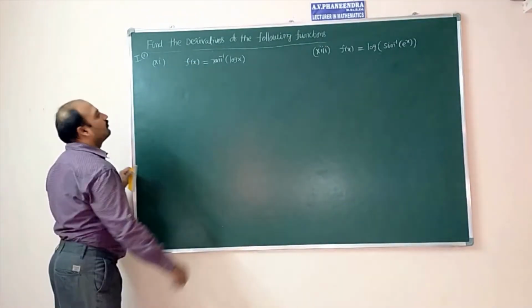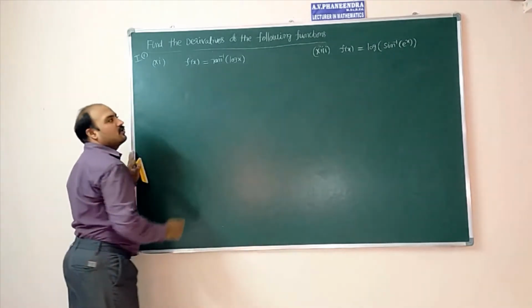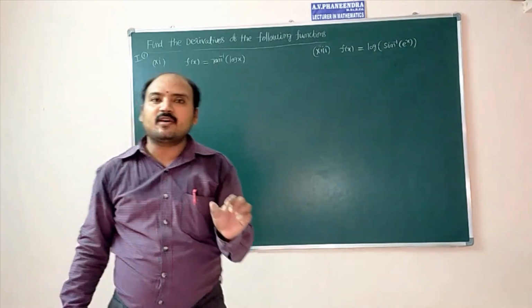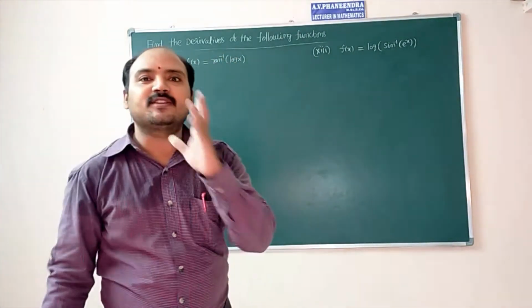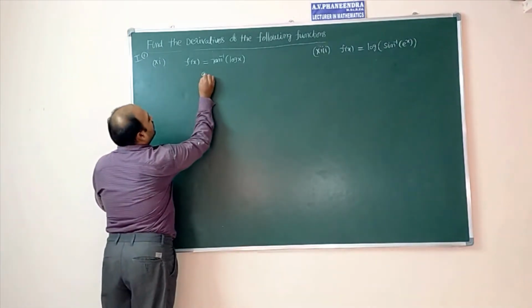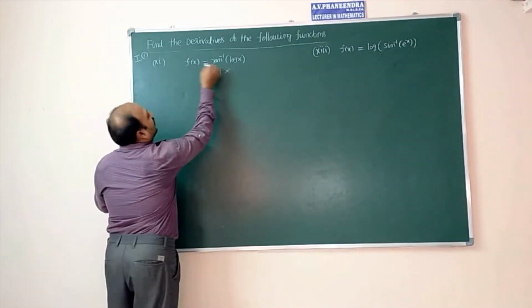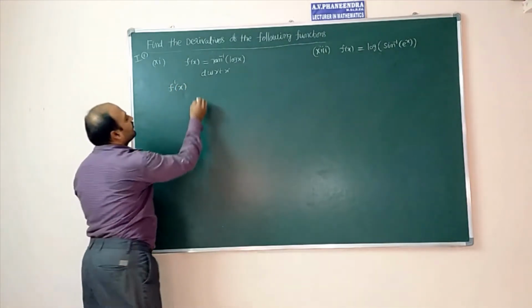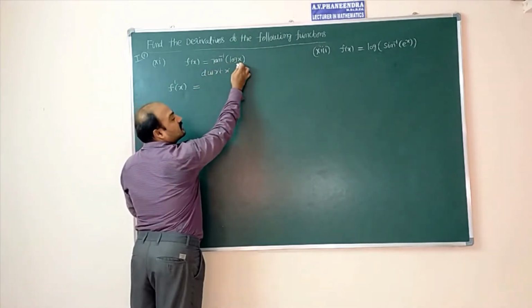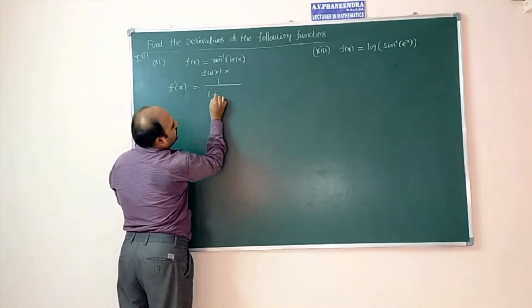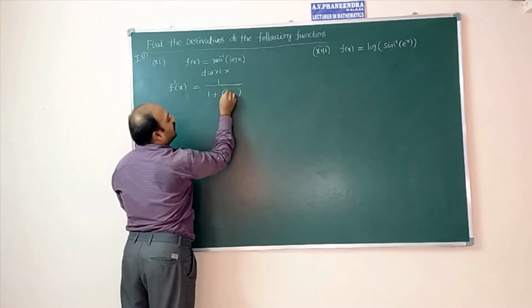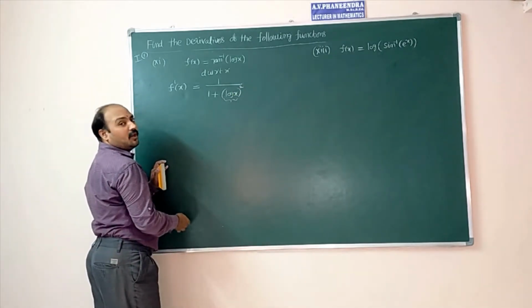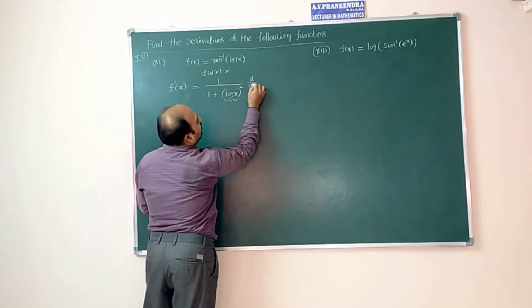The next question, given f of x equal to tan inverse of log x. First you have to know what is d/dx of tan inverse x. d/dx of tan inverse x is 1 by 1 plus x square. So differentiate with respect to x. f of x derivative is f dash of x, which is equal to d/dx of tan inverse of log x, 1 by 1 plus x square. In place of x, what value is there? Log x is there. So log x whole square. Again that function is involving log x, so again we have to differentiate d/dx of log x.